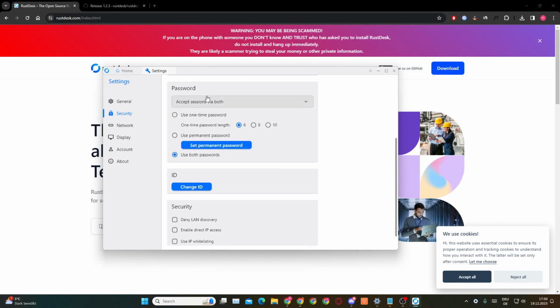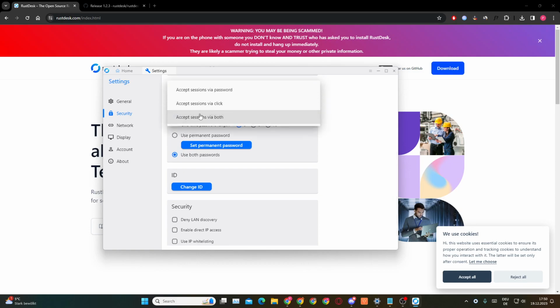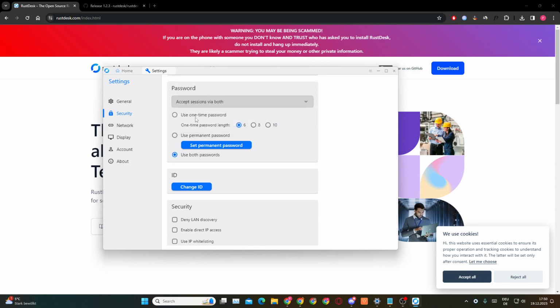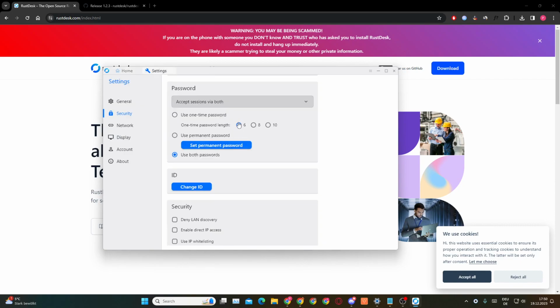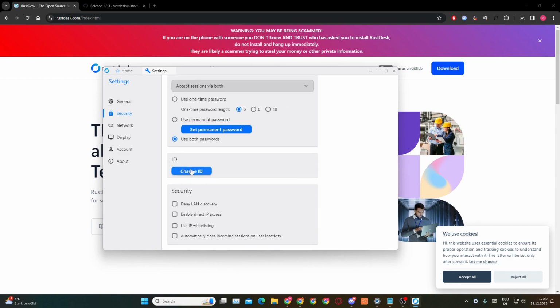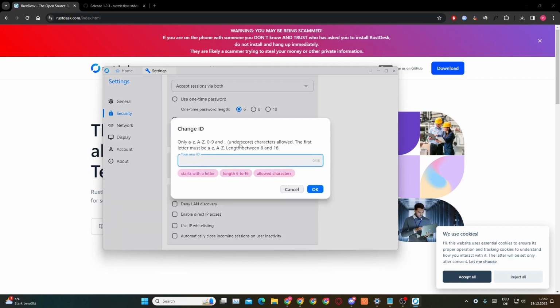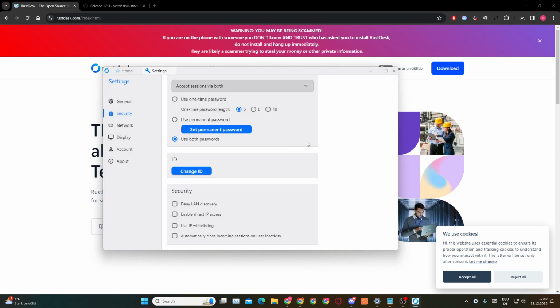Here you can also choose a password, so accept sessions via both. I'm not too sure about this, but this password section is basically this password right here. So you have some options about that password as well, but I'm not really sure if that's that important. Here you can also change your ID. That's probably what I'll do after recording this video, because otherwise some people could connect to my PC, which is not exactly what I want. And at the bottom you also have